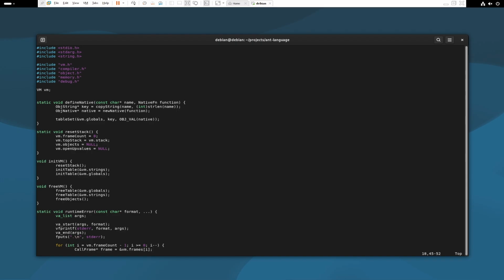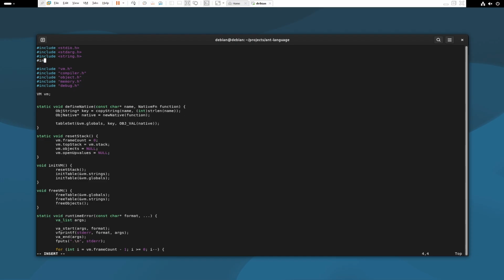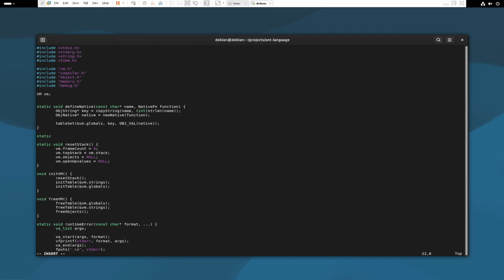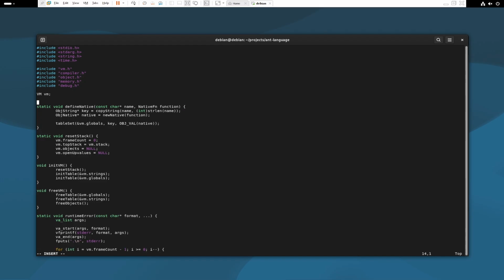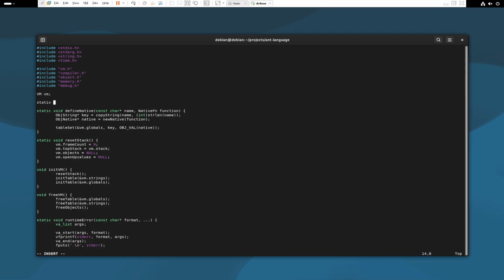So far so good. So let's make a native function. It's called clock, and this function will calculate time in seconds. So I will include a time.h header, and I will create a native function called